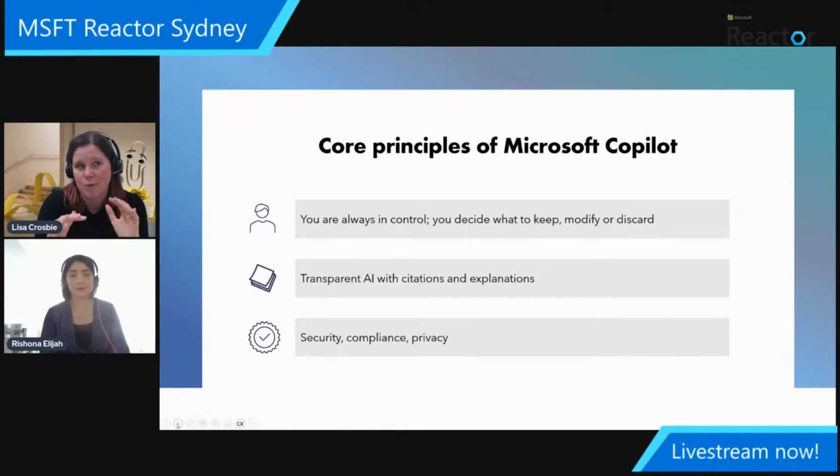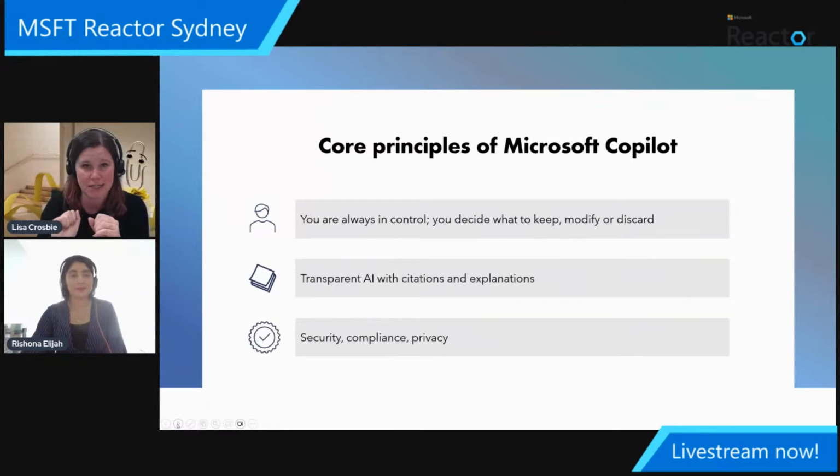Next one up. It is transparent, and we'll see with some of the examples as we go through this that it gives you references. It gives you a little source and a link to where it's coming from, which is really important. If you've used ChatGPT or any of those services, they're inclined to hallucinate, right? They don't say, oh, I don't know the answer to that. You put something out and ask it a question, it will just make stuff up. It's kind of hilarious and dangerous. The core thing here is that this is working in a very transparent way. So as it generates content for you, it gives you a little footnote in there that shows you where it comes from.